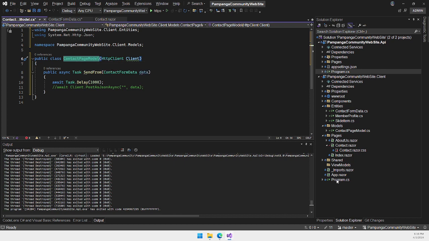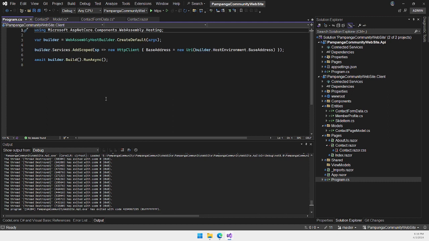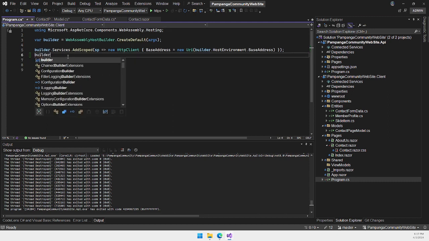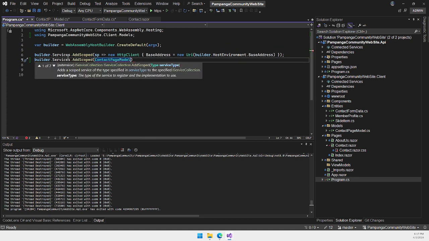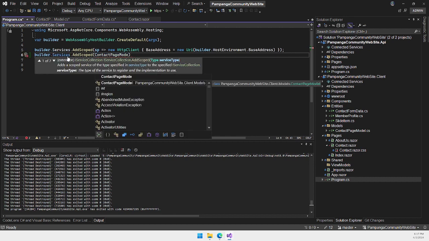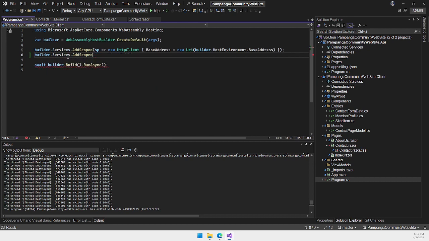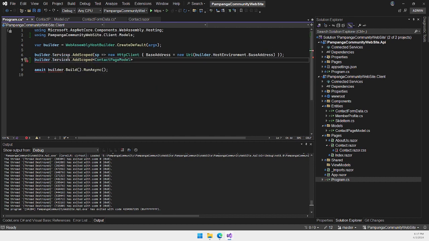So I need to go to my Program, and here I need to add to my builder.Services.AddScoped, and what I'm going to add is my contact model. Okay,